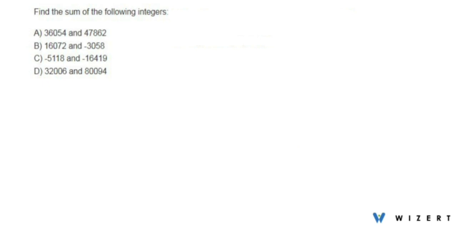Find the sum of the following integers. So let us find the sum of these A, B, C, D options. First of all, for A option we can see the sum of